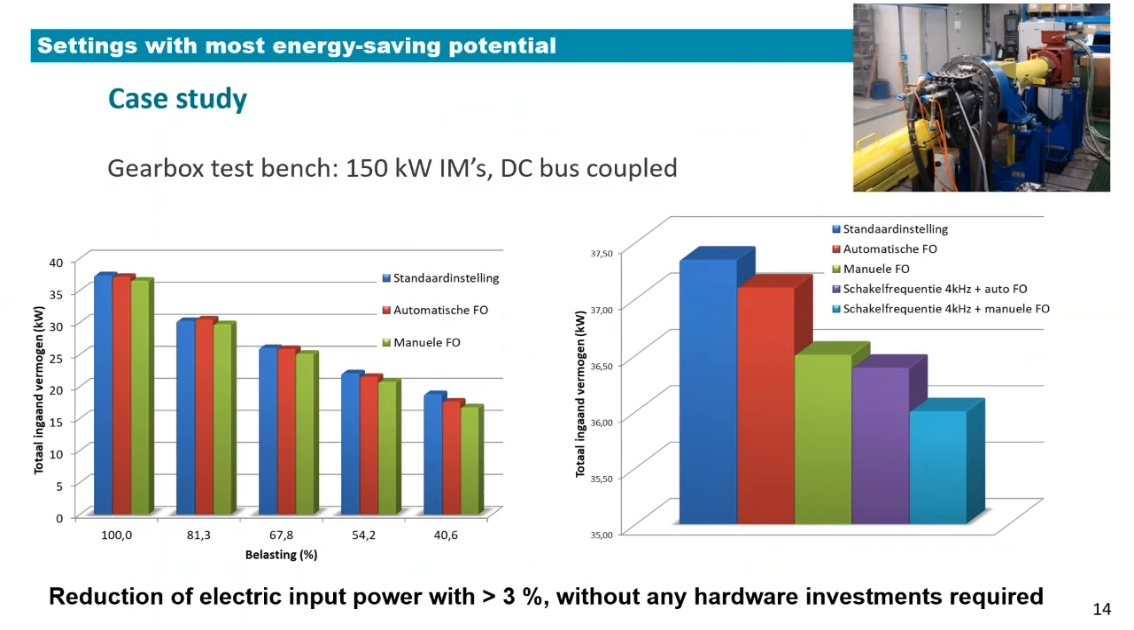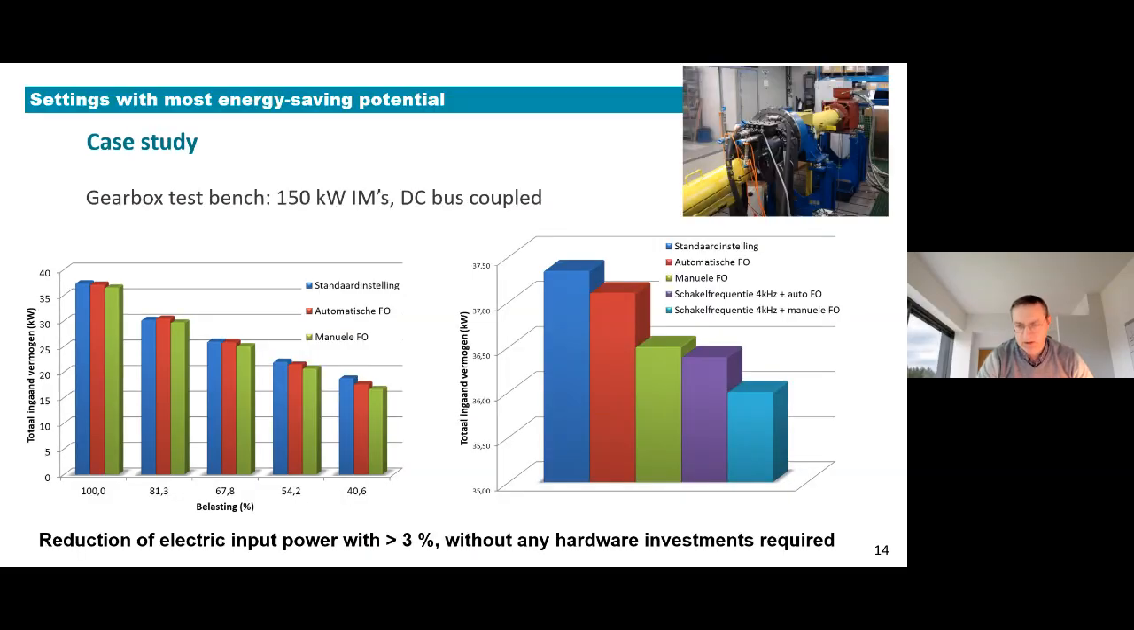there we combined both the switching frequency and the optimization of the flux of the machine. So we started with the blue, which was the original setting of the system. Then we went to the red one with automatic field optimization. Green was the manual optimization, and then we also adapted the switching frequency. So, and then we end up with a reduction of 4% in the energy consumption of this particular system,